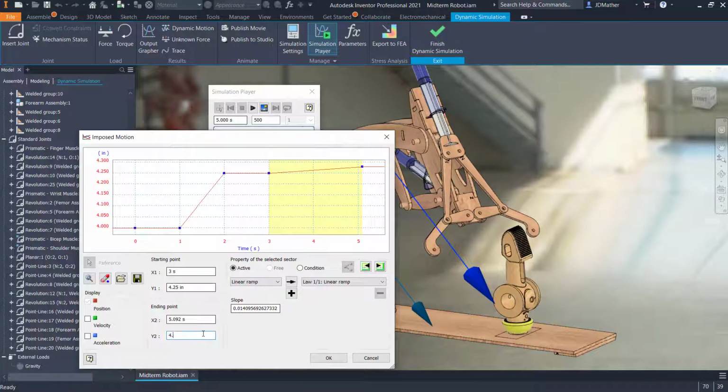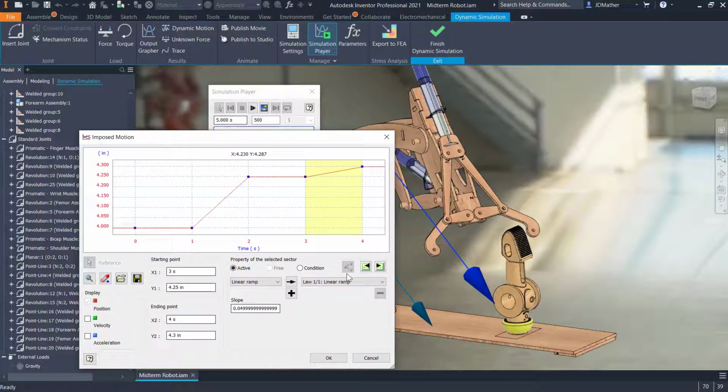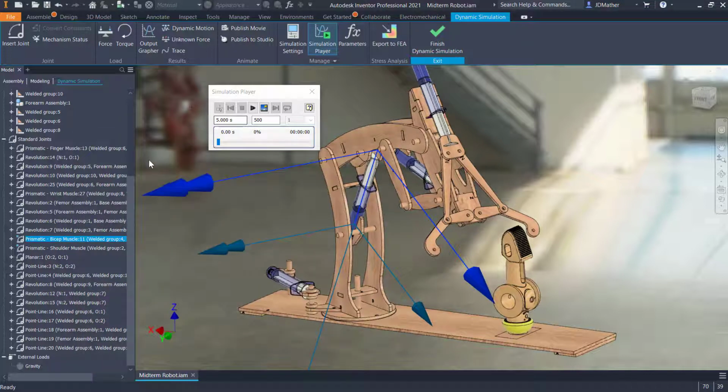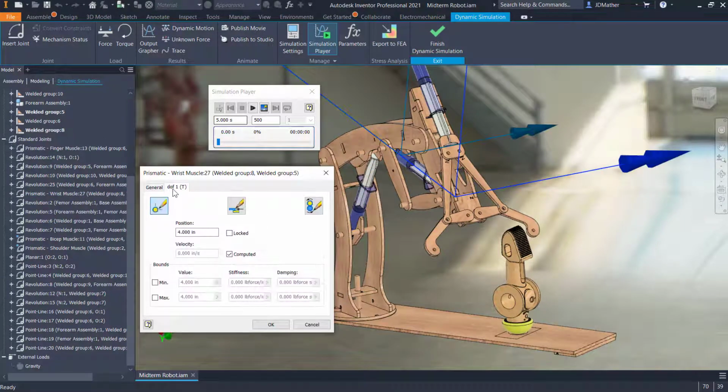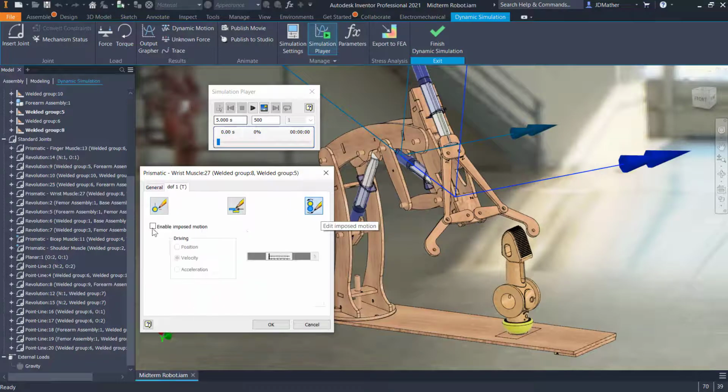I want 4.3 for the distance or position, and I'll set that at 4 seconds, and then it'll stay there at 5 seconds. I'll say OK to that. Then I'll go to the wrist muscle, and I'll change the properties of that. For the initial position, I want it at 4, and I will go to the enable impose motion, the position,